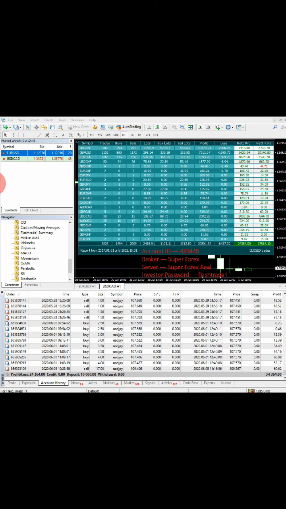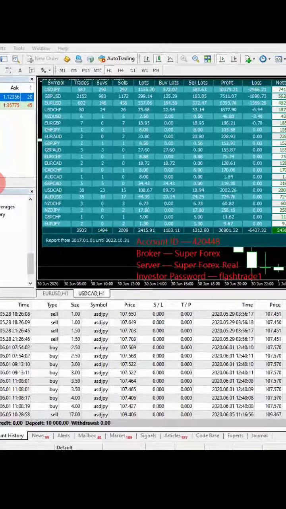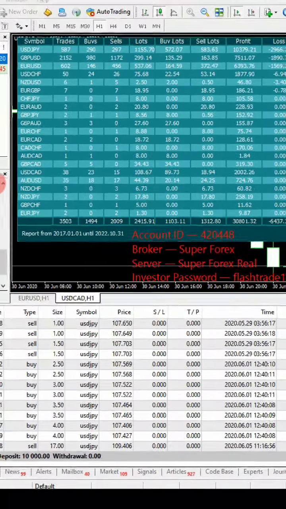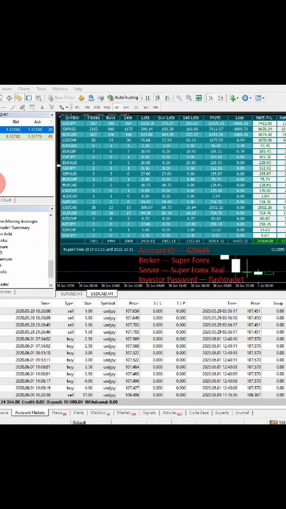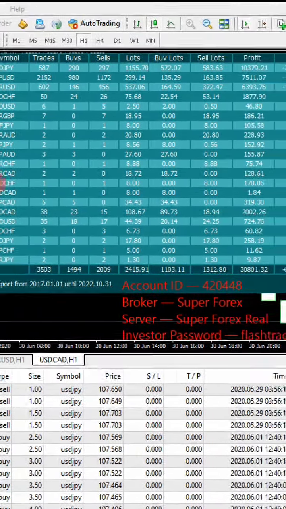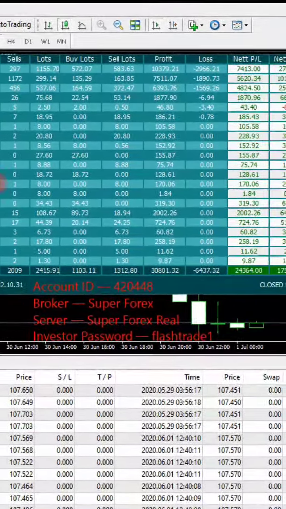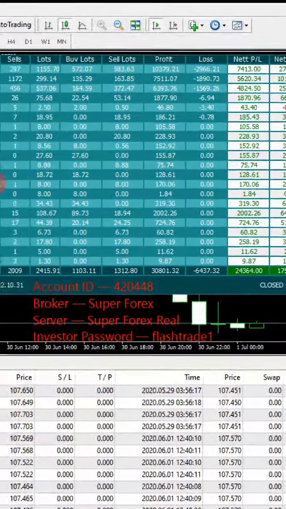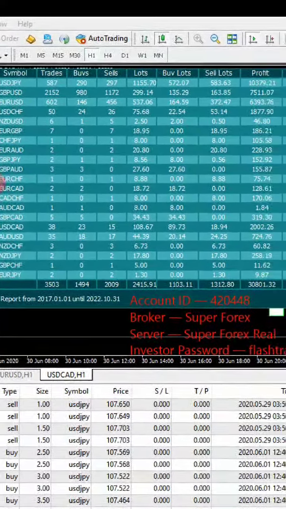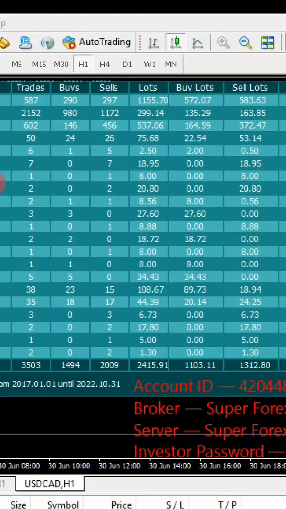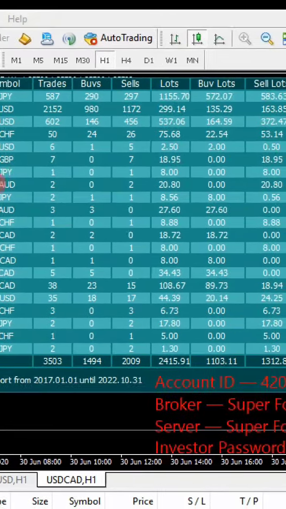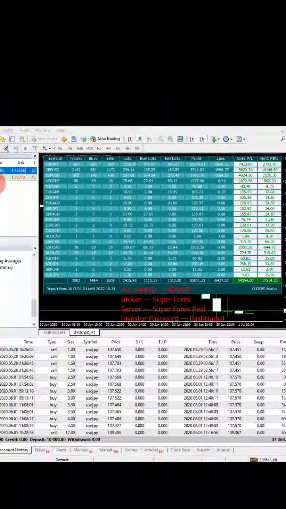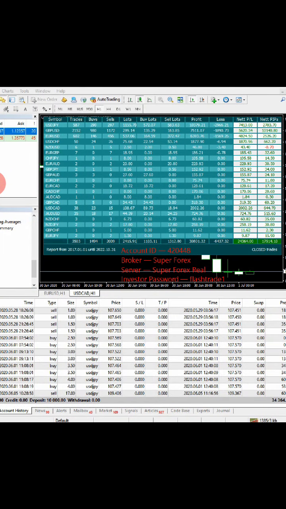So today we are going to discuss the tools that are going to be implemented for your account, so that you can check all the complete information of your account very easily on your screen. No need to check your account history all the time, and you will get a complete analysis of your account: how many lots are traded, how many pips you have gained, the profit, and all the information on your screen. For that, Flash Trade One designed their custom tool, so that you can check out all these